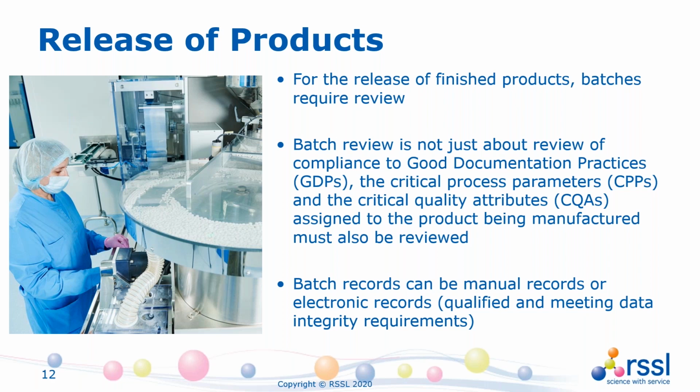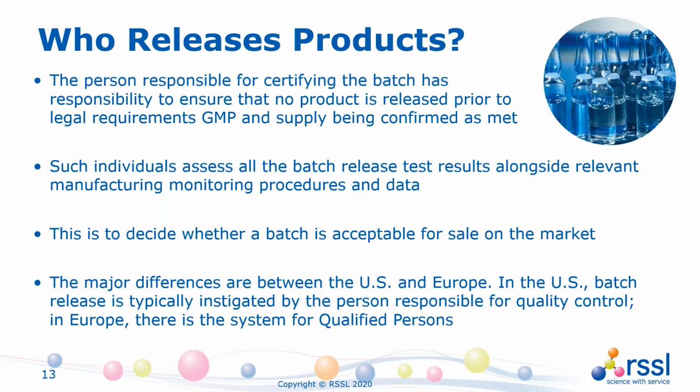Because to a degree, the use of electronic records allows more data to be captured and assessed in real time. Now, the person who is responsible for certifying that the batch record meets the necessary requirements needs to be responsible for ensuring that all relevant aspects have been met prior to issuing the certification. And this individual will have a responsibility to ensure that no product is released prior to the legal requirements of